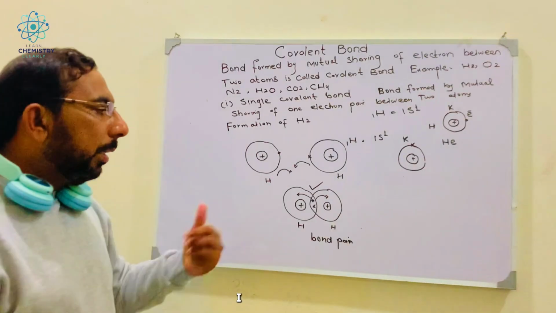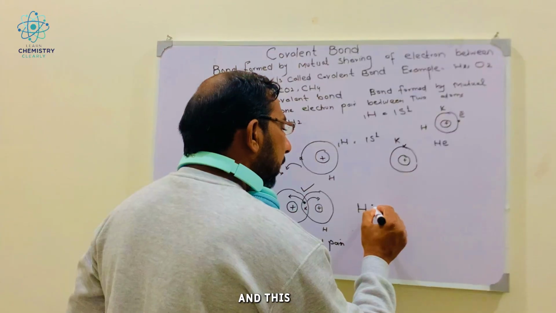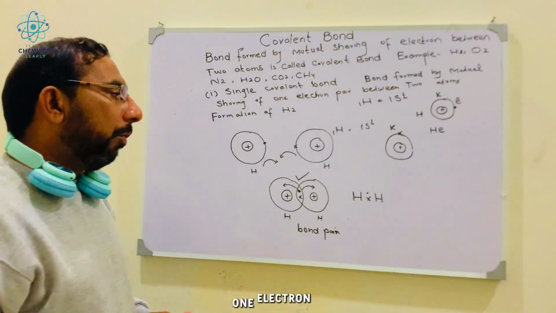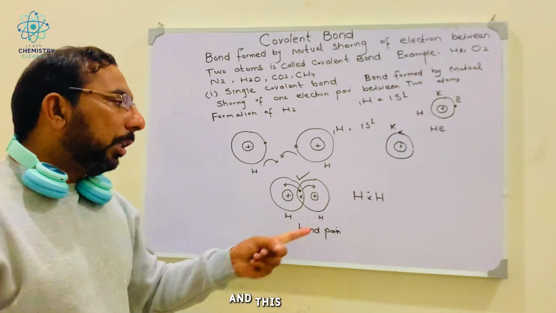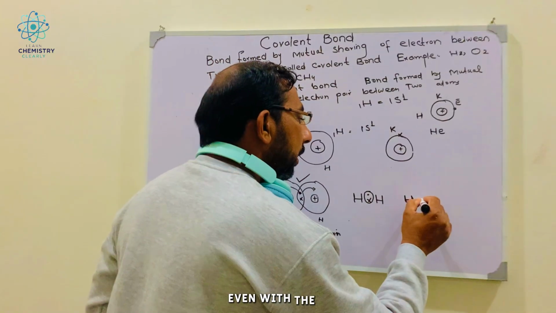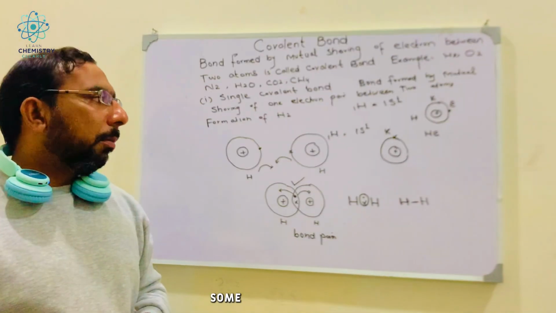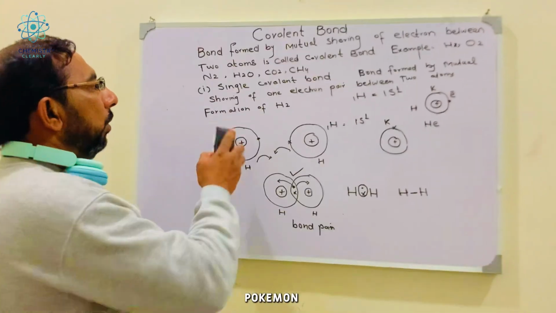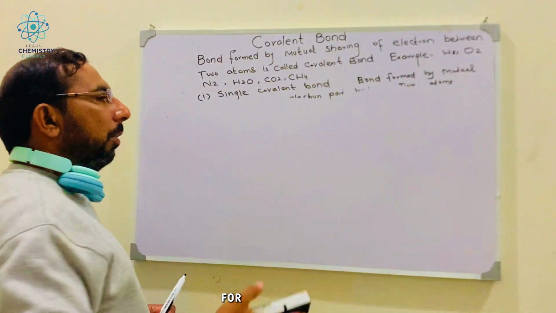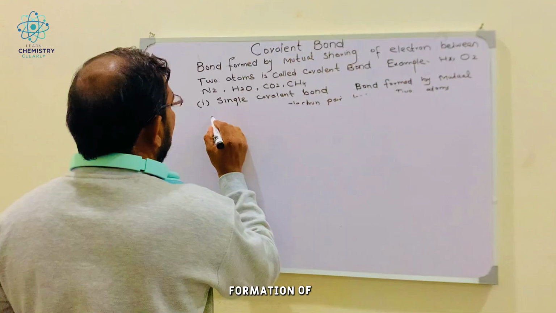is formed. I can write its structure like this, that hydrogen atom, and this is the electron pair that is formed due to the mutual sharing of one electron from each atom, and this bond is called single covalent bond. I can also express it with the help of a single line between two atoms. Now we give some other examples of this single covalent bond, and I can also draw different structures of atoms for this purpose. Now I will give the example of formation